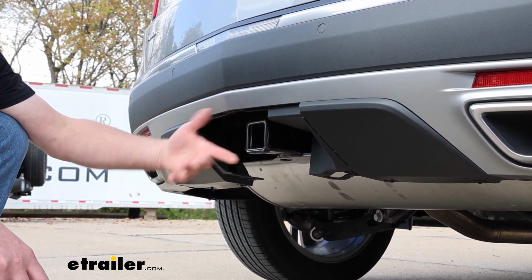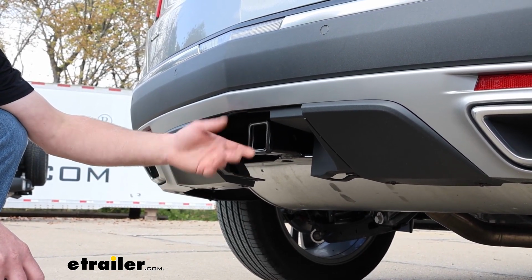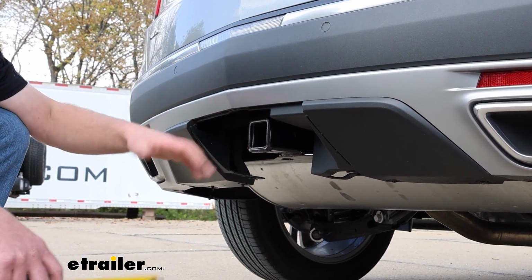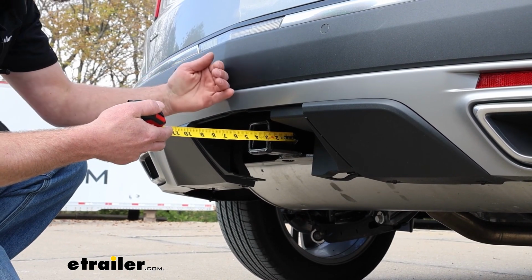Probably 2 inches works well for most scenarios. And if you're using an accessory, one that has a straight shank or one that even has a rise will work just fine. If you go from the center of the hitch pin hole to the edge of the rear bumper,